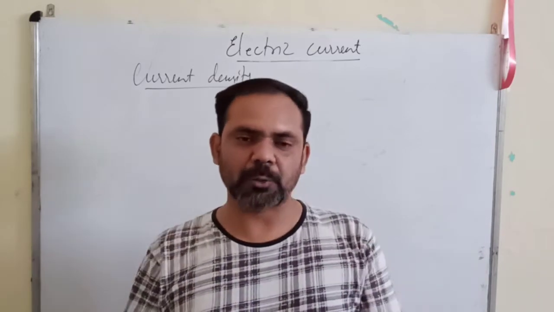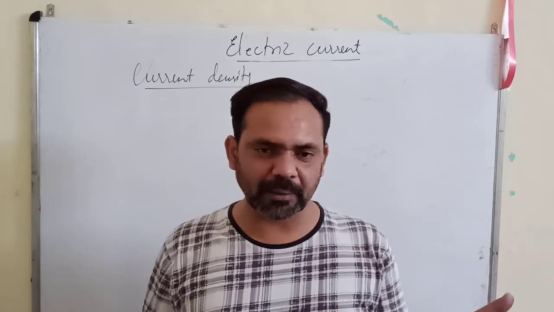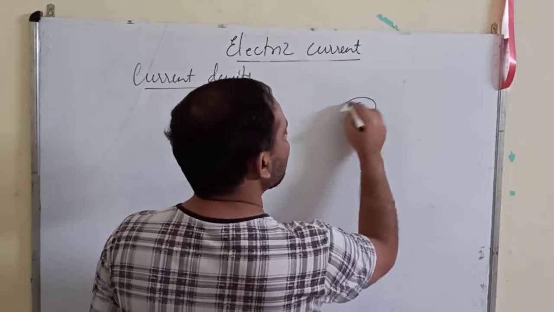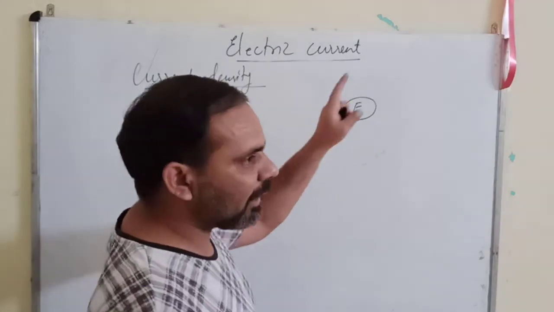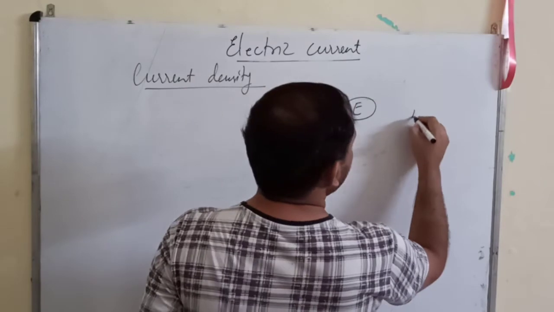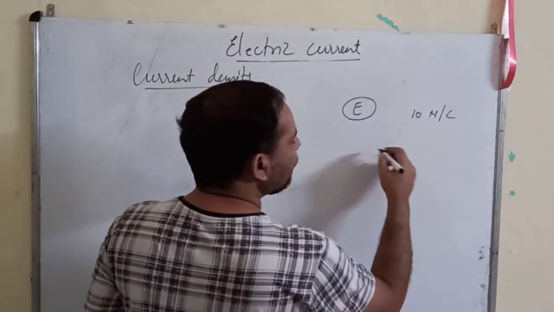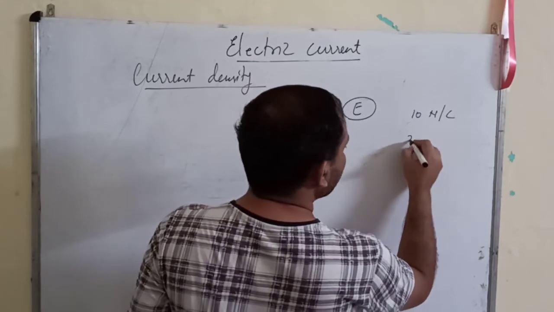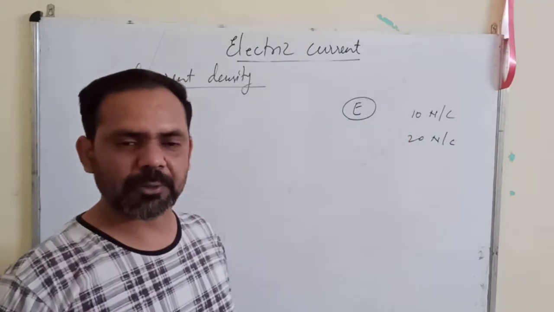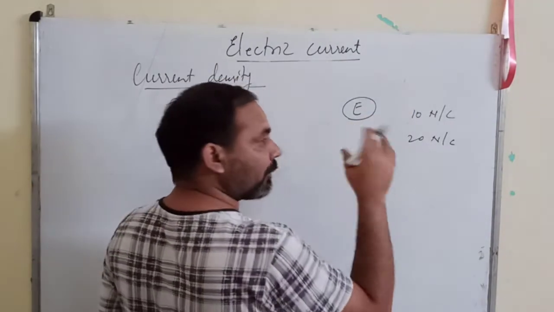What is the different situation? One is having a rocket engine and the other is having a small engine, so you cannot make the comparison. Similarly, you cannot compare the mobility if your electric fields are different. So you will have to keep the electric field the same. Suppose one charge is in an electric field of 10 newton per coulomb, and the other charge is moving in a 20 newton per coulomb electric field. One is moving in 10, the other in 20, so you cannot make the comparison. You will have to make them equal. What is the process of making them equal?